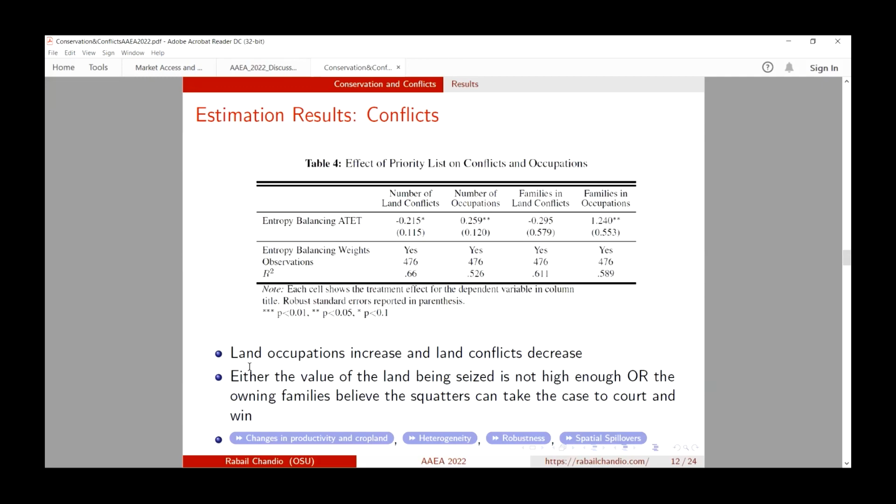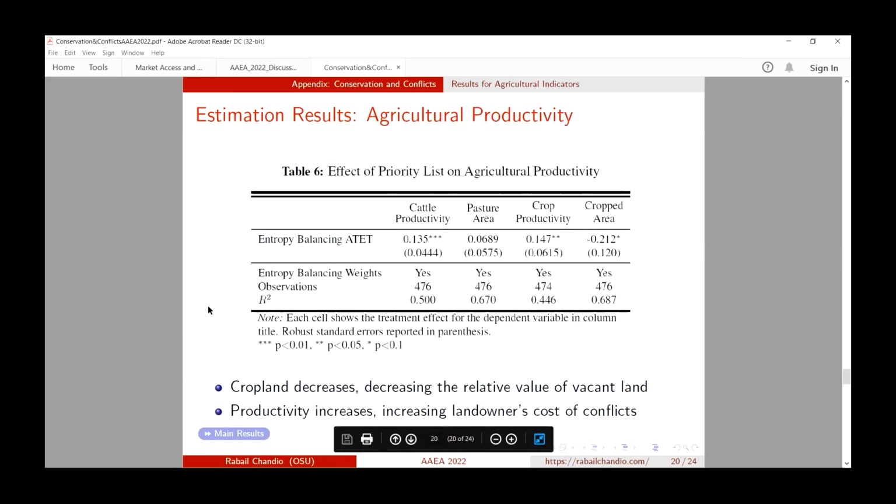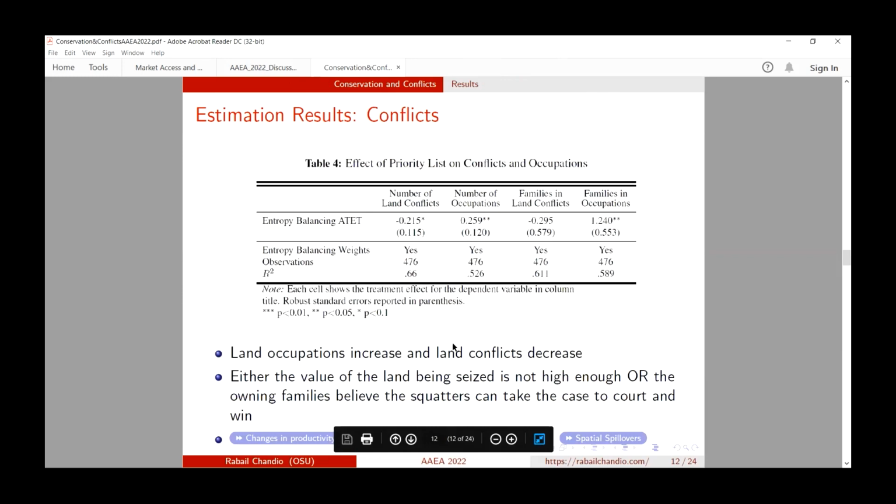To check what kind of situation is going on here, one thing we check is the change in productivity and to see what the value from the land they're getting is. And the less amount of land that they have, they're utilizing it better now. After the policy, the same estimation equation is used to calculate the impact on agricultural productivity indicators. They're more productive on the limited amount of land they possess, and their cropped area is decreasing, the pasture area is remaining unchanged. So if that's the case, then why do we see that people are not really fighting for their land? So one more thing that I check,